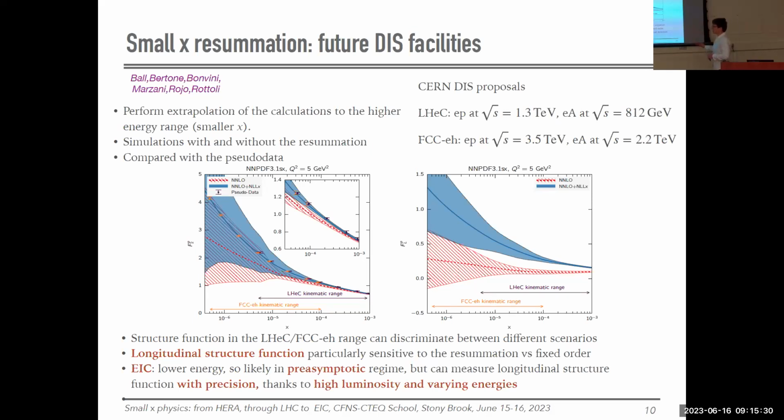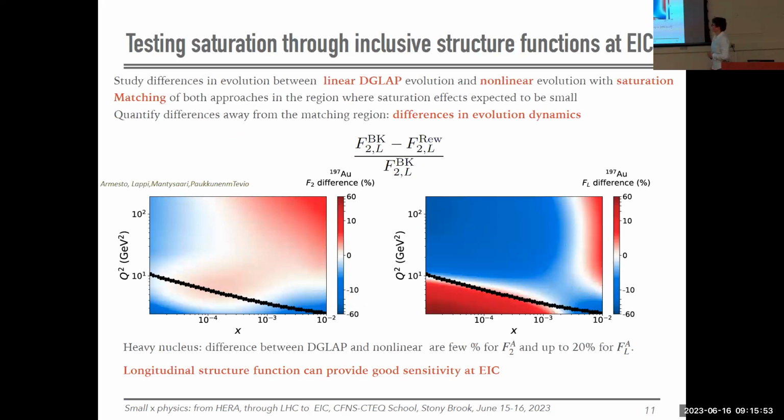Okay, so EIC, because it's at lower energy, it's not going to go here, but it's going to sit somewhere here. Still, if you have a very high precision, thanks to high luminosity and varying energies, you can probably pin down this and say something about the difference. Okay, so now